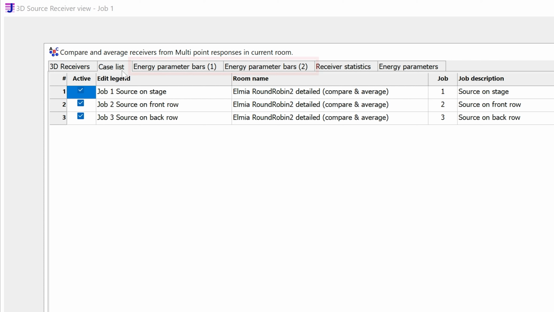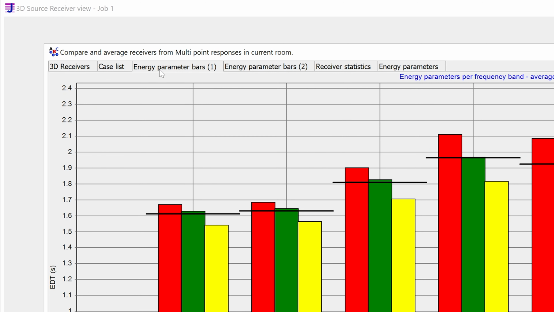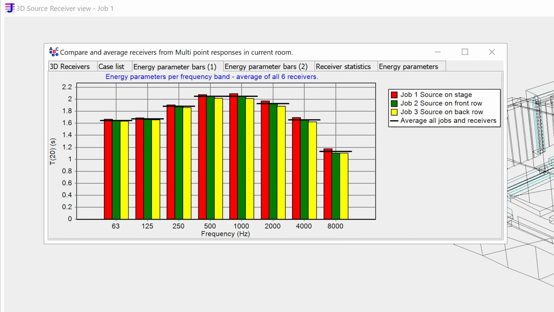You can then see the results in the Energy Parameter Bars tabs. Just like in a normal point response, the first one shows the frequency-dependent parameters per octave band. Each color corresponds to a different job. Right now, each bar shows the average of all receivers in that job.